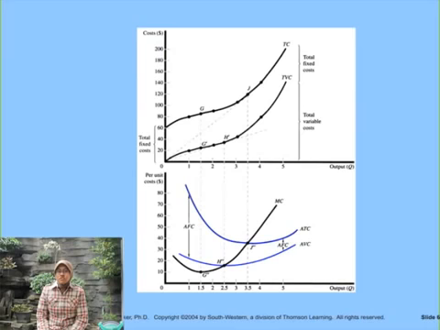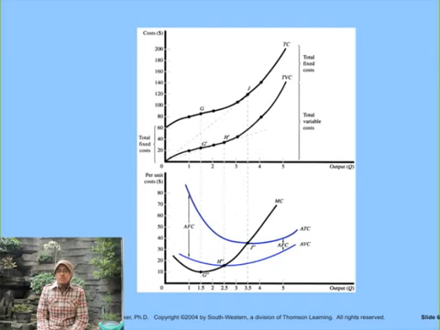The top panel shows that the total variable cost is 0 when output is 0 and rises as output rises. As the point G extends, the law of diminishing returns begins to operate. The total cost curve has the same shape as the total variable cost curve and is above it by $60. The bottom panel shows U-shaped average variable cost, average total cost, and marginal cost curves.